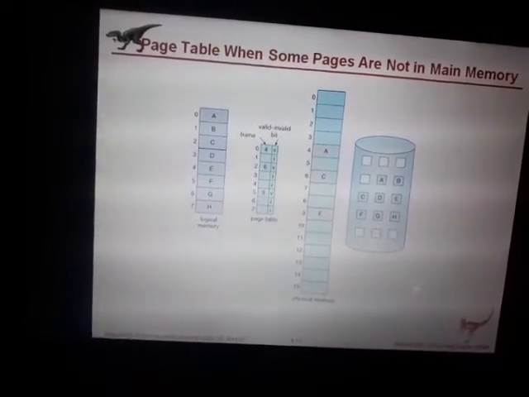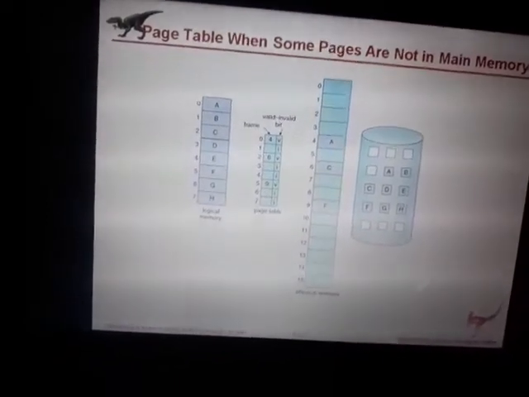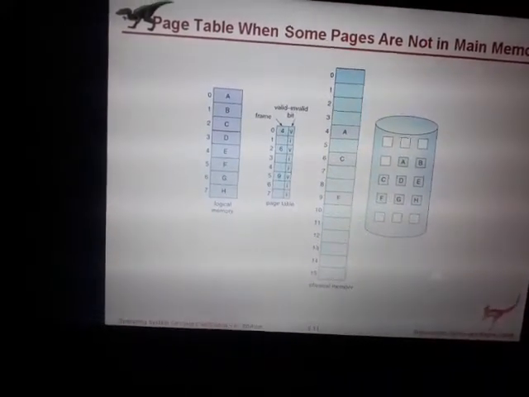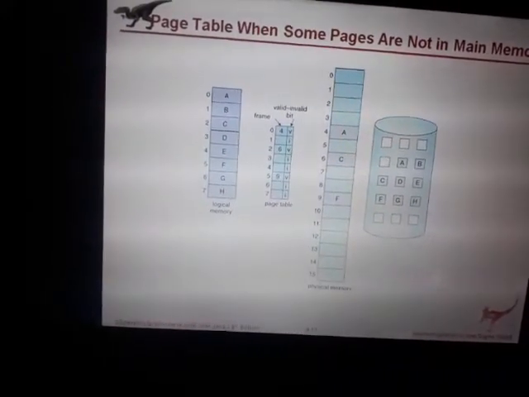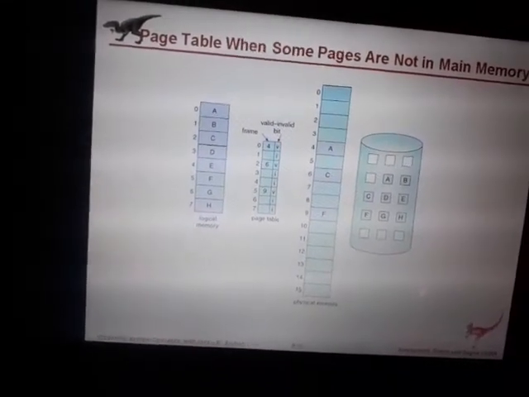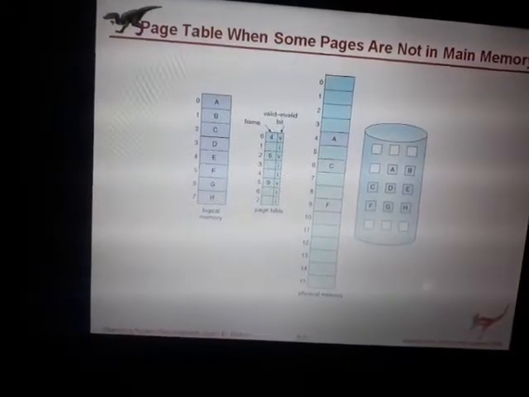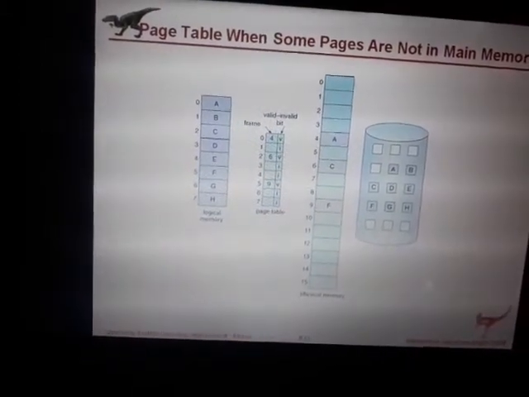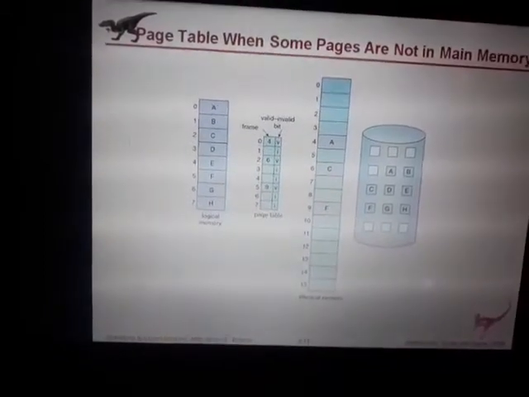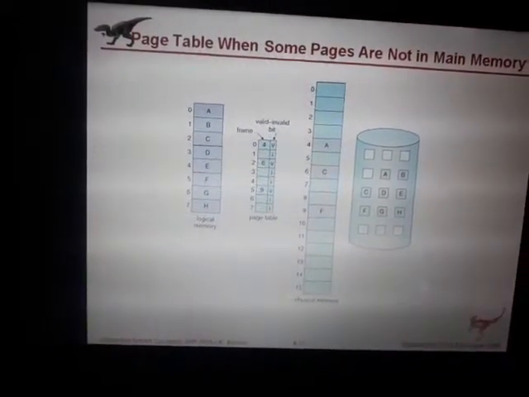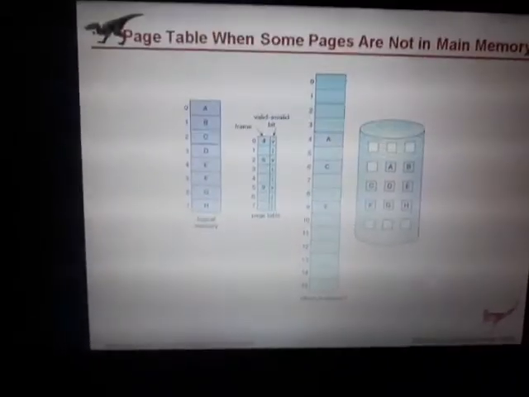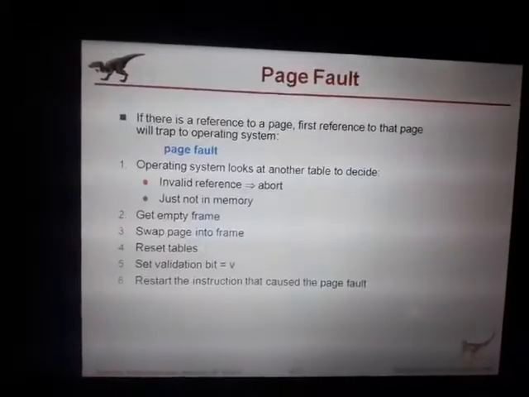So the frame value is stored there in the page table, whereas V and I, V is nothing but a valid bit. So wherever page frames are stored, those particular places are denoted with V, that is the valid bit, and whichever values are not existing there, that is in the page table, some of the frame values are empty there, none of the values exist there. In that case, such a bit is termed as an invalid bit.